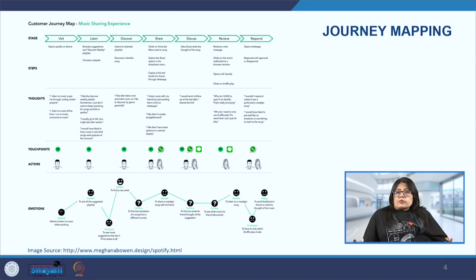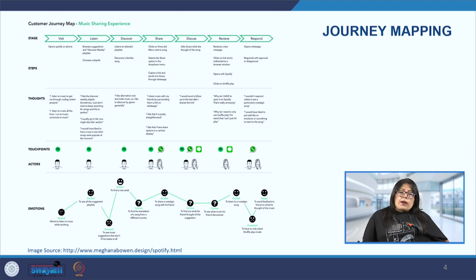So, next we have the journey mapping, and journey mapping, although quite similar in the approach that we saw in the scenario mapping, still has some key differences. Journey mapping also maps out the user experience of the product or service, but it maps out the entire user experience of the product. It is used to identify the pain points of the user, and we saw similarly in the scenario mapping we did the same thing by finding the pain points of our character in that particular case.